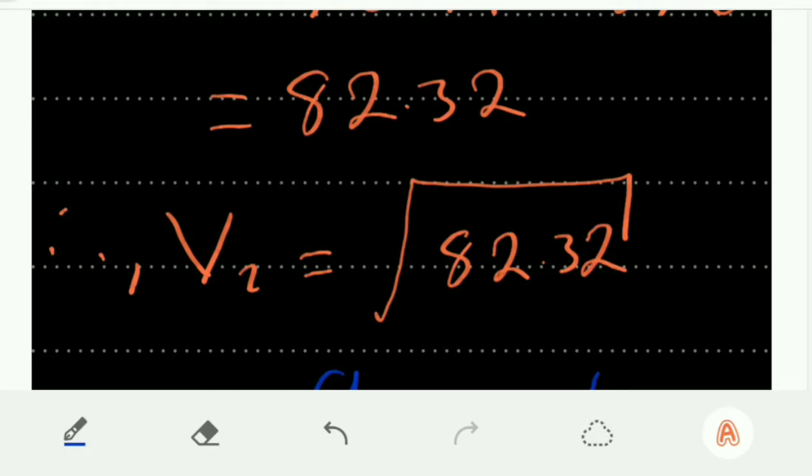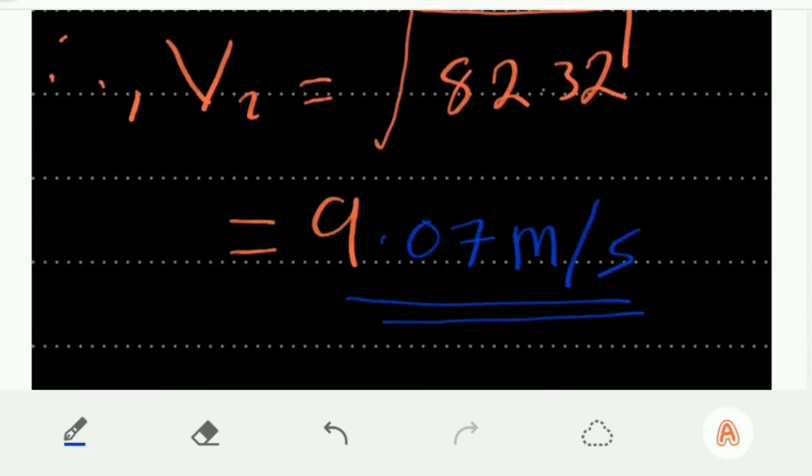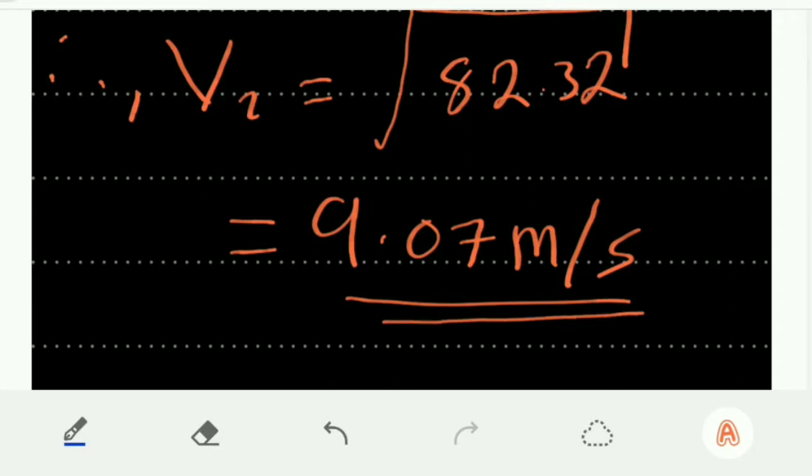So you get your final velocity as 9.07 meters per second. Okay, so now we know the final speed of both